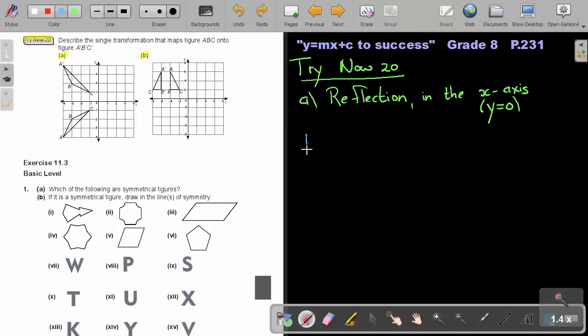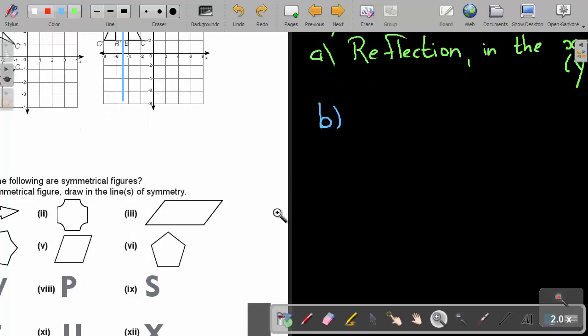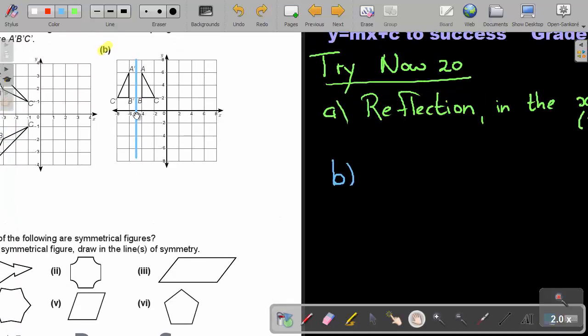If I look at number B, now first let's just look. There's A, B, C. There's A prime, B prime, C prime. Now, if I must find the line in the middle there, it will be exactly there. You see in the middle there. Now that's -2, -4, and I can make it a little bit bigger that you can see. And -6. So in the middle will be -5. So if I must give a name to this line, I will say that's the line.